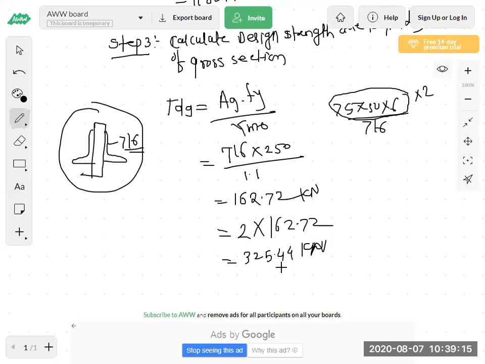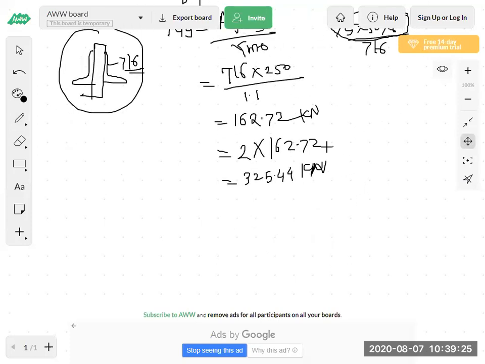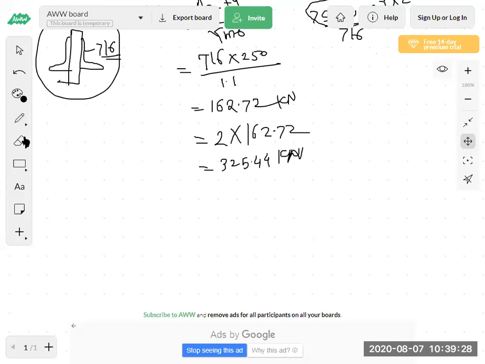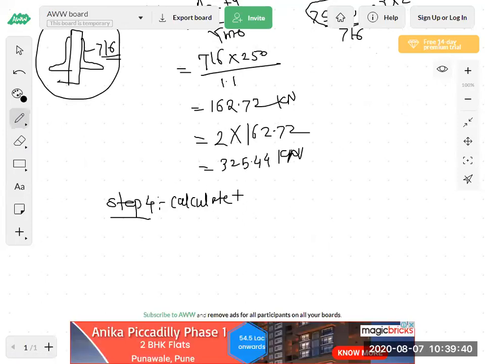So 325.44 kilonewton is the strength carried under the yielding of cross section. Are you getting? Okay. Now the next step. Step number 4. What is step number 4? Step number 4 is calculate design